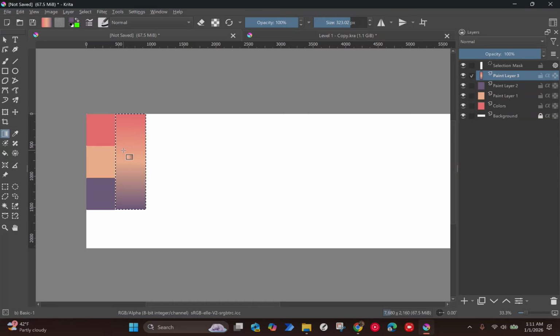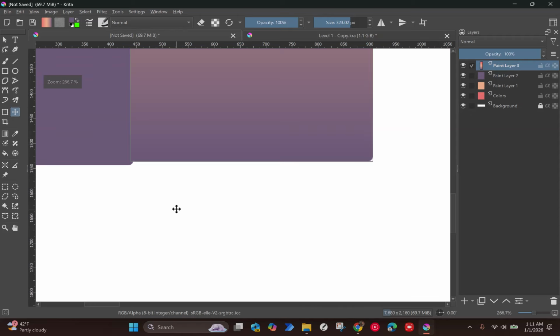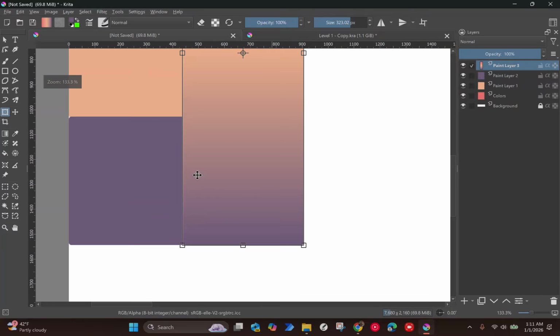There we go. So Control-Shift-A to get rid of that, and now you can drag it around to where you want it to be. And I'm a stickler for detail, so this bothers me. So I'm going to hit Control-T to scale this. So it's about the same. Really doesn't matter, but